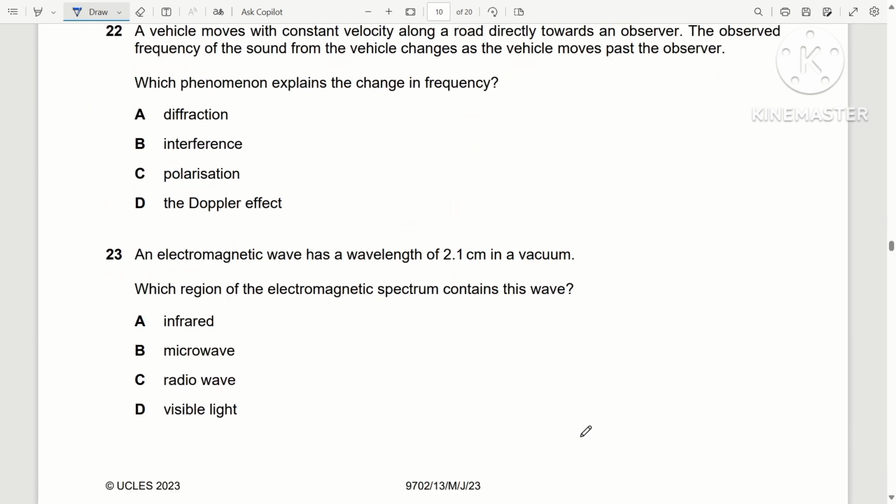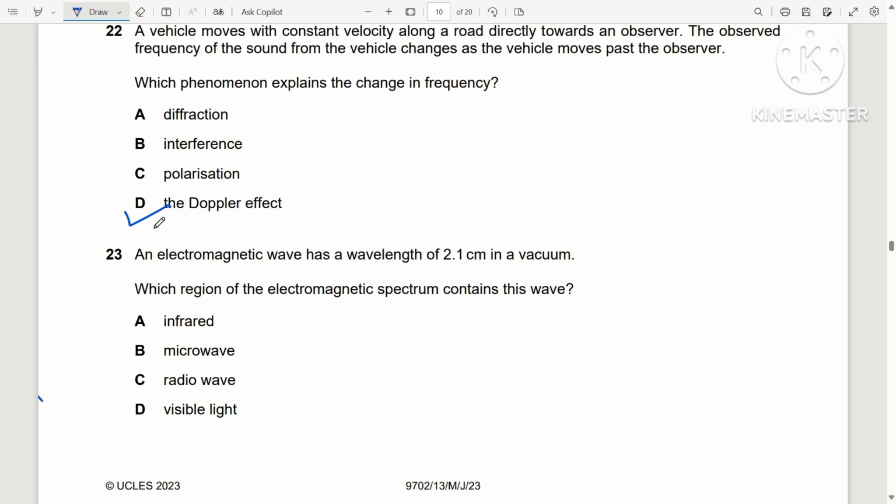Question 22. A vehicle moves with a constant velocity along a road directly towards an observer. The observed frequency of the sound from the vehicle changes as the vehicle moves past the observer. Which phenomena explain the change in frequency? Question is very simple. Doppler effect. It states that when the source or observer are moving close to each other, then there will be increase in frequency, and if they are